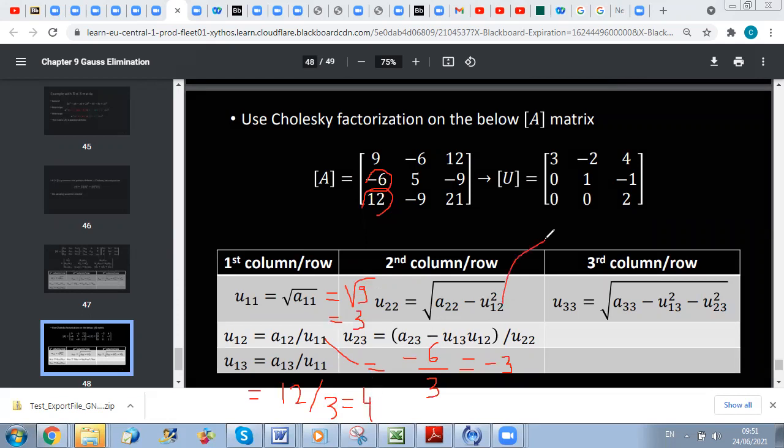Now for U22, it's the radical of A22, which is 5, minus U12 squared. We have that U12 is equal to minus 2, so minus 2 squared is 4. So it's radical 1, which is equal to 1. Now for U23, it's equal to A23, which is minus 9,